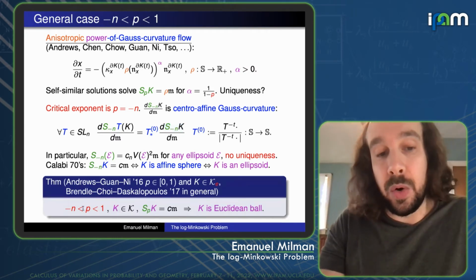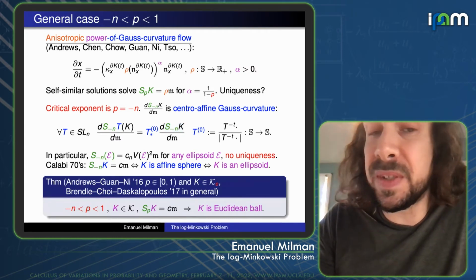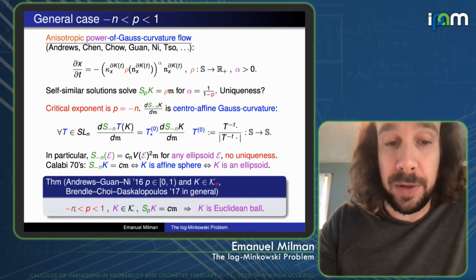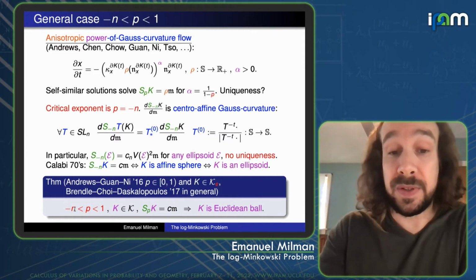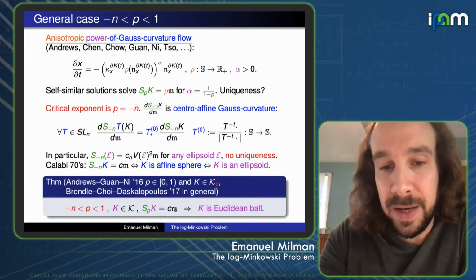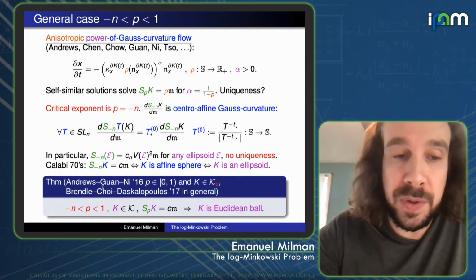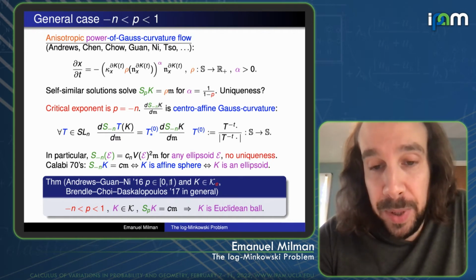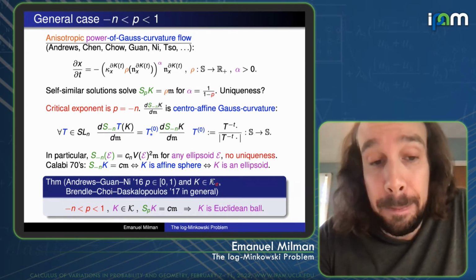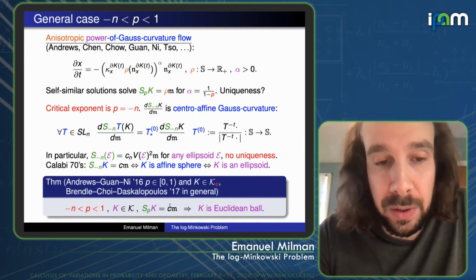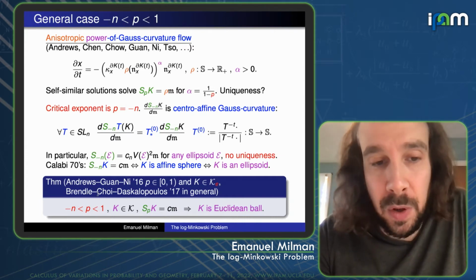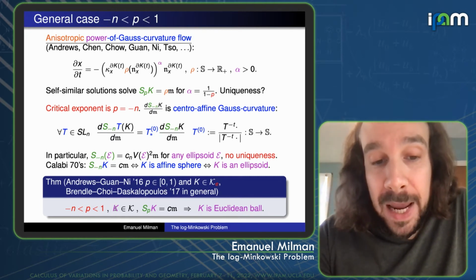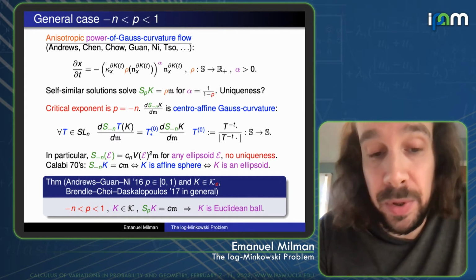However, what about above the critical exponent? This is called the subcritical regime. What about when p is below 1 but above the critical exponent? Many people have studied this uniqueness question when the right-hand side is Lebesgue measure. For example, there's a work by Andrews, Guan, and Ni, who established this uniqueness in this range of p's for origin-symmetric bodies. But the definitive result, the best possible result, was obtained a few years ago in this Acta paper by Brendle, Choi, and Daskalopoulos, and they showed that for any K, no origin symmetry assumptions needed,